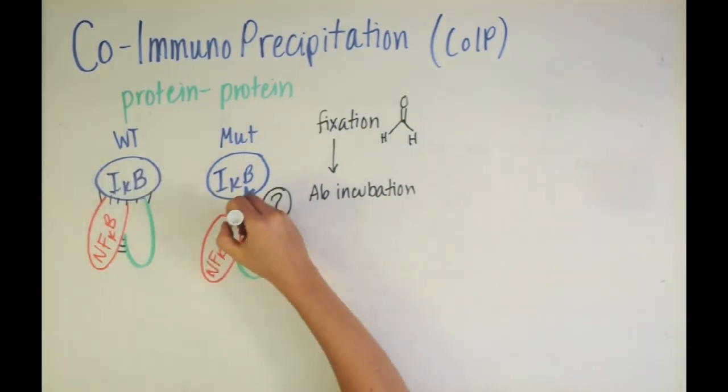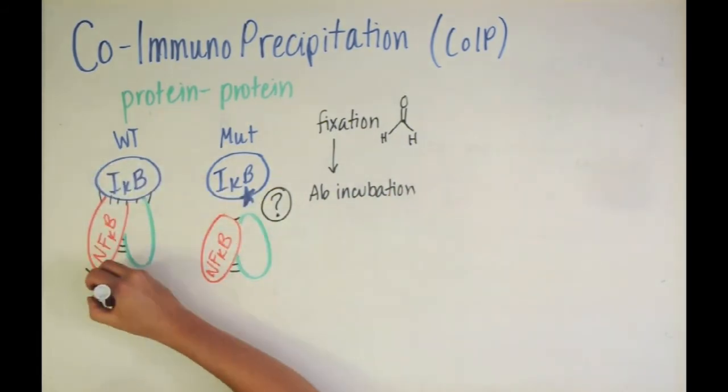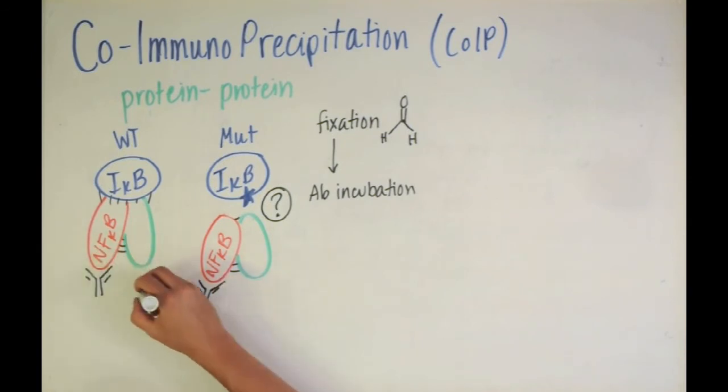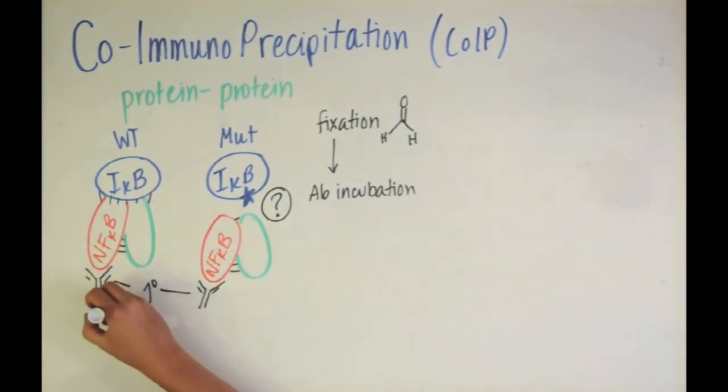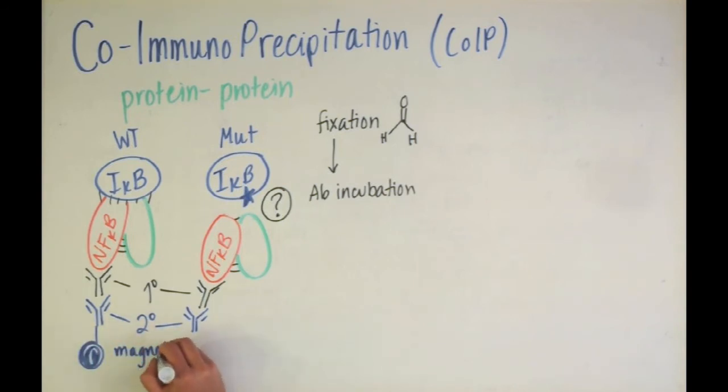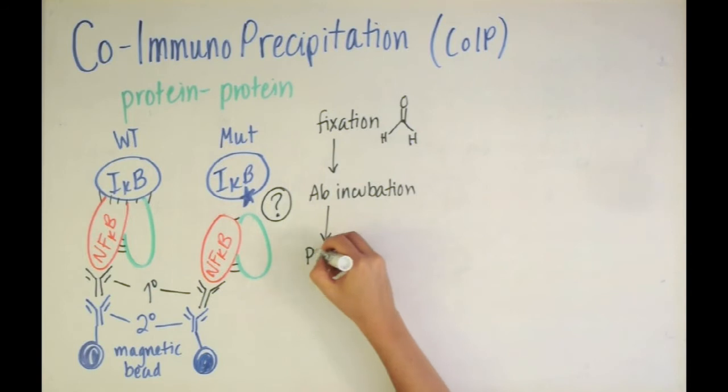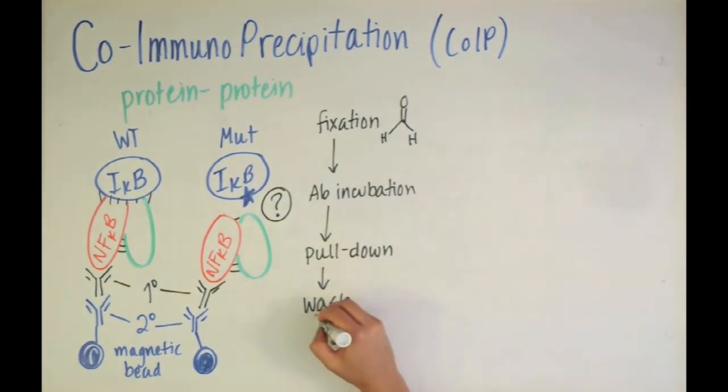Some protocols call for fixation with formaldehyde, but others rely on the native interactions between proteins. With either, you incubate the samples with a secondary antibody that's conjugated to a magnetic bead. Then, using a magnet, you pull down everything that's connected to the bead out of solution. After washing the samples several times, again using the magnet, you extract protein from the beads and run the samples